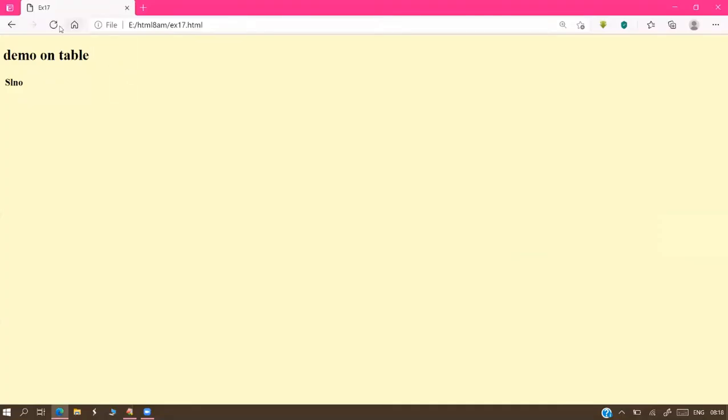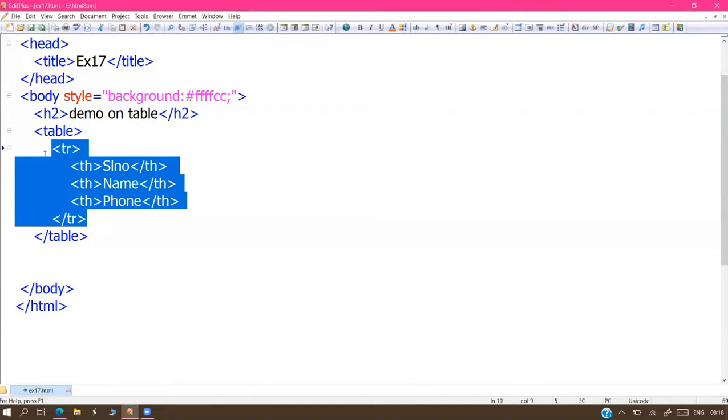So run it. This is the output. Serial number, name, phone. Column headings are together, that's why they come side by side. So columns ready means the first row is completed.